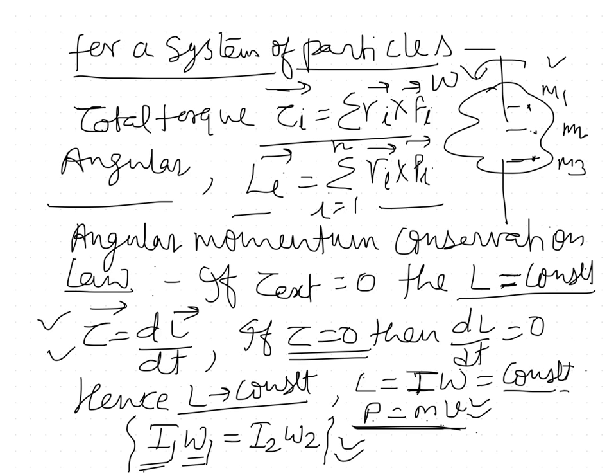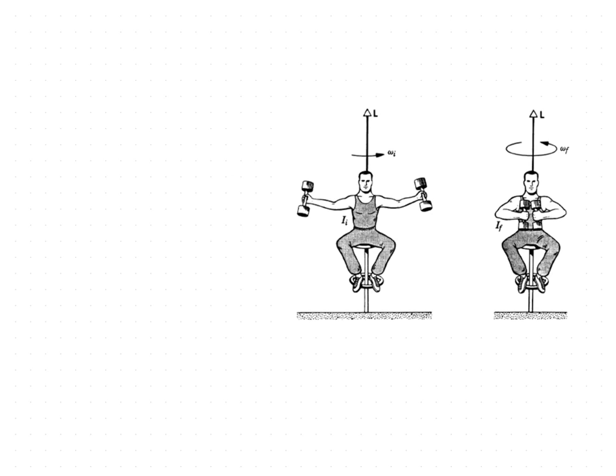This angular momentum conservation law can be understood by using some examples like this. A man is sitting on a revolving chair and having dumbbells in his hands, and he is revolving by stretching his hands here. We see here that it moves with a small angular speed, since its moment of inertia is large, because the distance from the axis of rotation is large. So moment of inertia, which is represented by I equal to mr square, also becomes large.